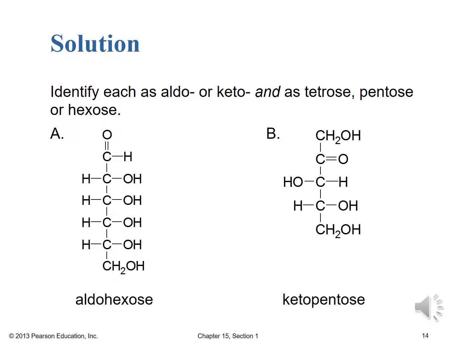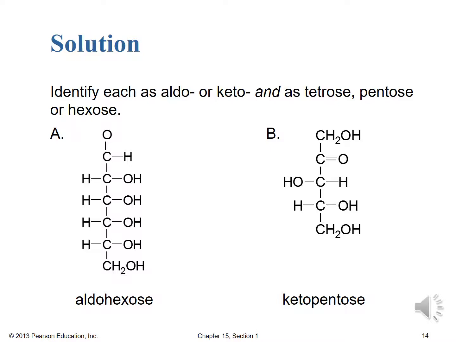Well, in A, we have that carbonyl group on the very first carbon, which means we have a hydrogen on one side and a carbon group on the other side of the carbonyl carbon, and therefore we have an aldohexose. That's an aldehyde functional group, and therefore an aldohexose. For B, now we've got the carbonyl carbon on carbon 2, so we have a carbon group on either side of the carbonyl, and that is a ketone functional group, and therefore we have a ketopentose. So figuring out hexose and pentose hopefully was pretty easy. You just counted carbons, but finding those functional groups told us that A is an aldohexose, whereas B is a ketopentose. Hopefully that went very well for you.